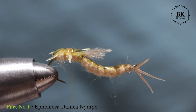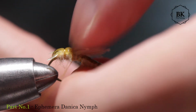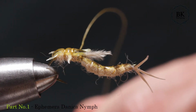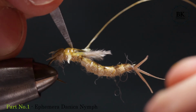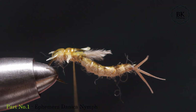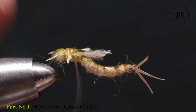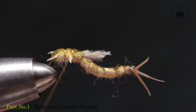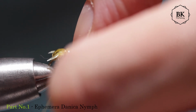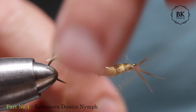For the first time this happened to me, and I made like 5 of these flies now from this leg, so I believe it's not really common. Even though I previously tied down some legs, like now I just removed the leg and it's still there. It's fine. So just secure this well. Alright, one more,